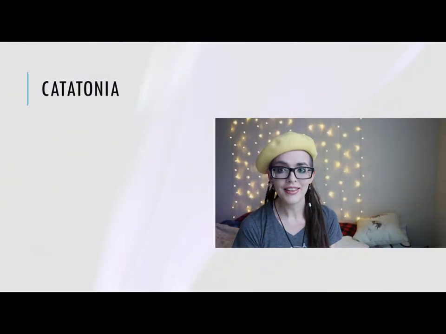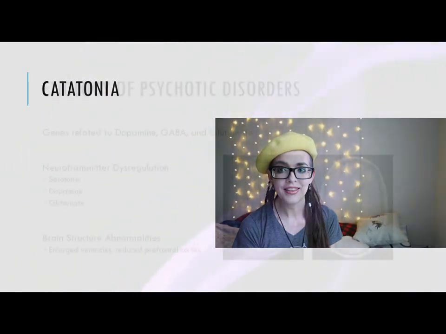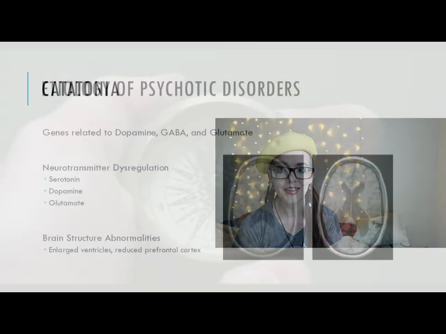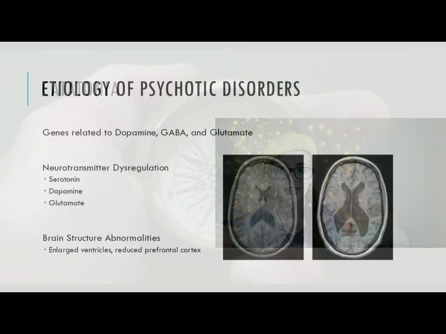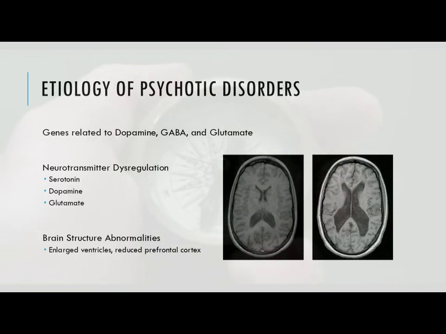And I want you to understand that in the etiology of psychotic disorders, we're thinking in terms of the biological, the psychological, and the environmental. So when we look at this, there are a couple of things that we need to be mindful of. First off, we can think of genetics, because there is strong evidence that genetics plays a fairly significant role in the development of psychotic disorders.